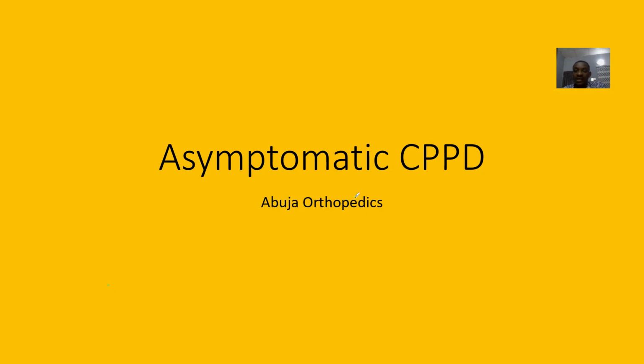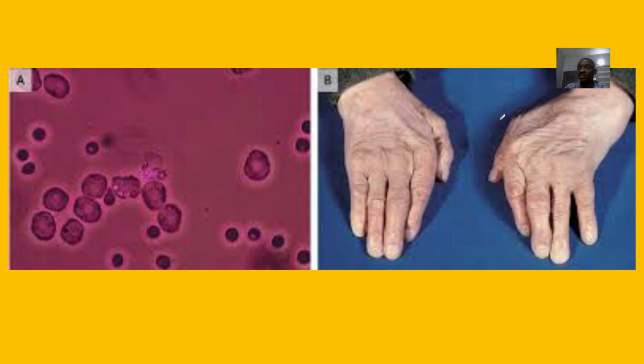Earlier on we looked at CPPD, where we said that CPPD is known as what? Calcium pyrophosphate deposition. So of course you know that there are crystals, right? A couple of crystals being deposited in the joints. Do you understand? Now this CPPD has different types, which we promised that we'd be looking